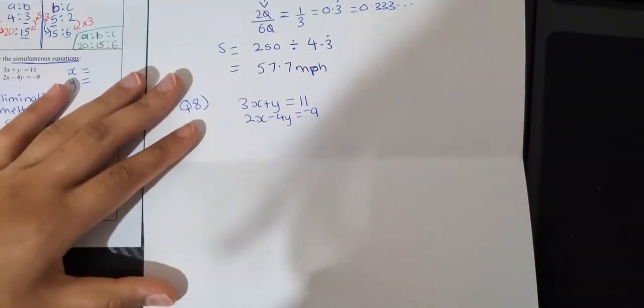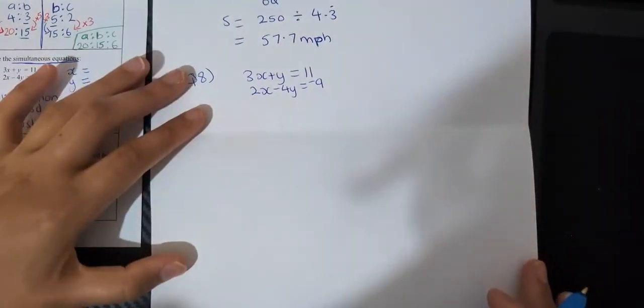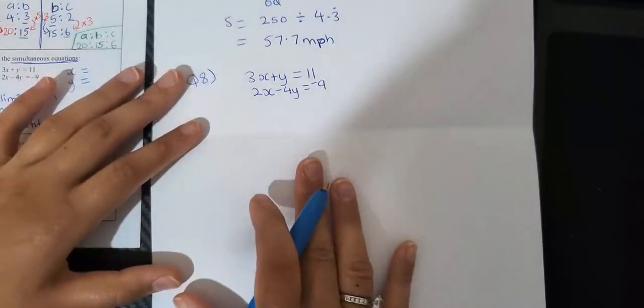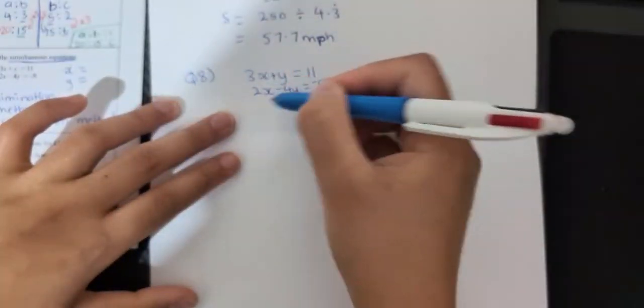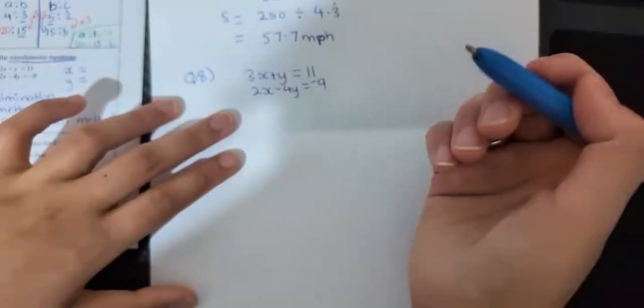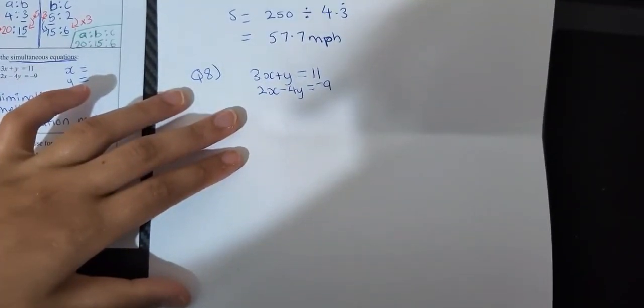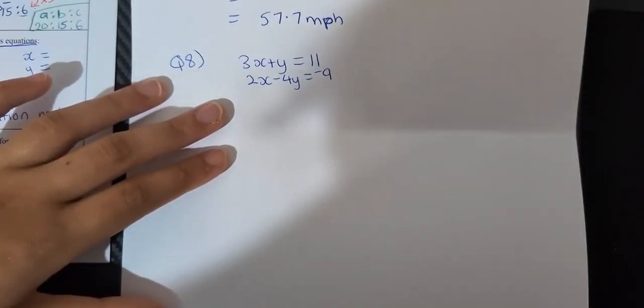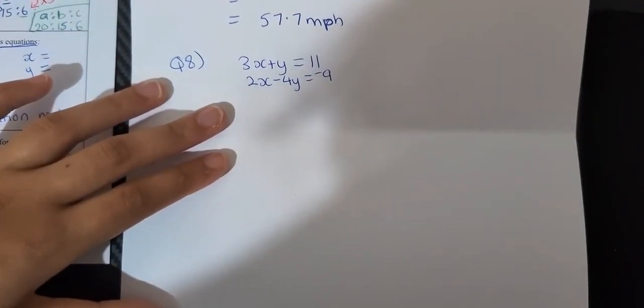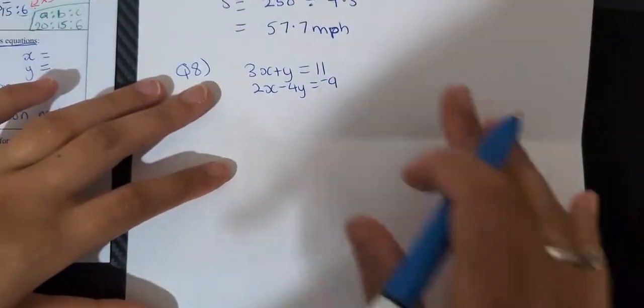And whilst you're commenting, I'm just going to start with this question on simultaneous equations. So I've got my set of equations, and the way I'm going to go about it is, can you see that clearly? Zoom in a little bit. Okay, so the way we're going to go about it is